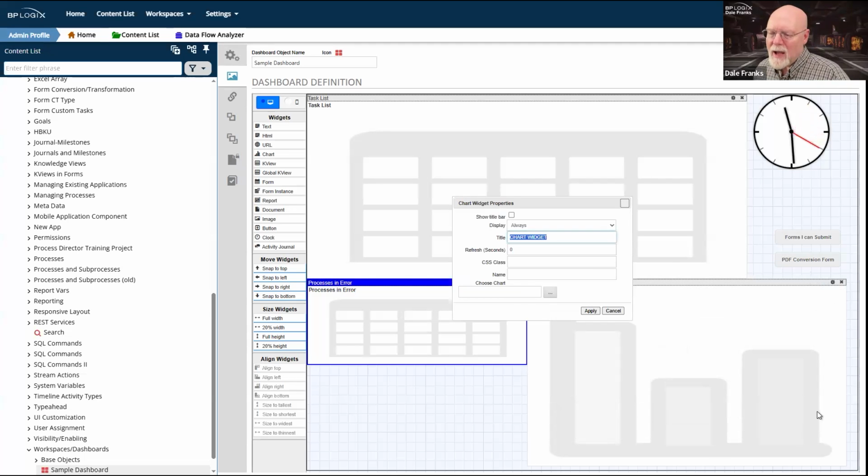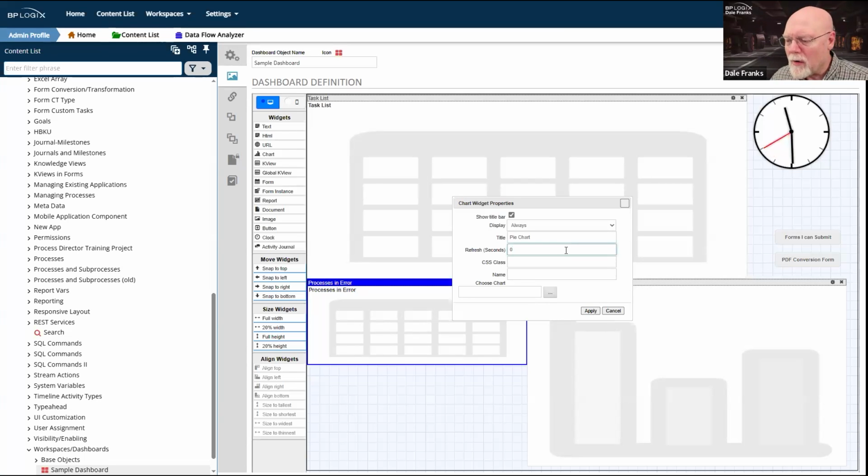So at the top, let's just call it pie chart. If I want to show the title bar, I actually have the title bar turned off, so it won't show me a title bar. So there's that. So I don't need to change the title unless I want to show the title bar, which I'm going to do because I've already gone through all the trouble of changing the title.